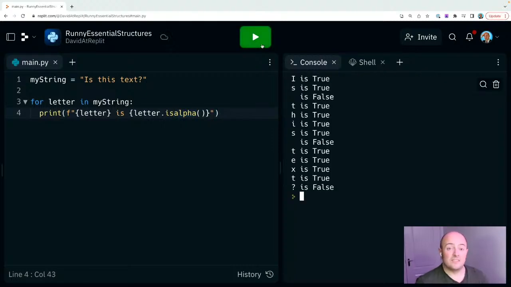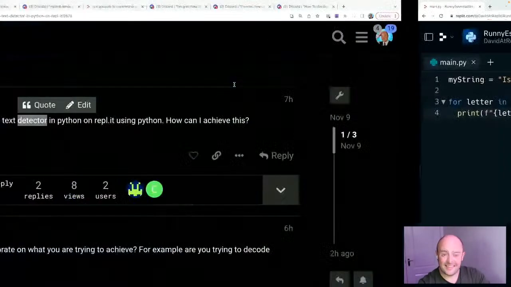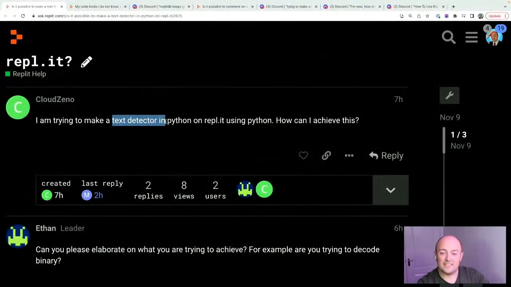One of the easier ways to do it would be just to go through and check to see if everything was a number. Because if you consider that words, sentences, text is anything but numbers, then you're just looking for numbers. Even then, though, a sentence could theoretically contain a number and still be a sentence. It is quite difficult to answer that question. How do you make a text detector? If that's what we're saying.